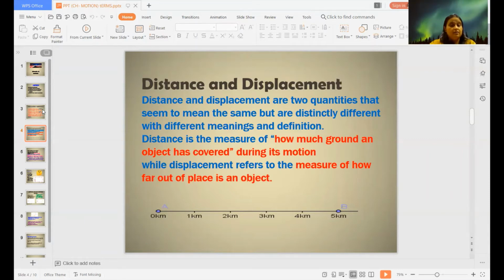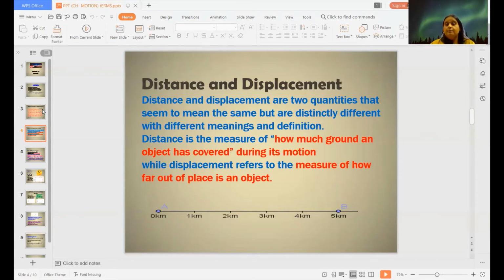So you are walking 2 meters, then you are coming back with your book. After taking the book to your room, you have again moved 2 meters. So when you are going it is 2 meters, and when you are coming back it is again 2 meters. So how much actual path have you covered, how much distance have you covered? That is 4 meters. When you're going 2 meters and coming back 2 meters, 2 plus 2 becomes 4. But what is displacement? Now again see the situation. Displacement in this example will be 0.